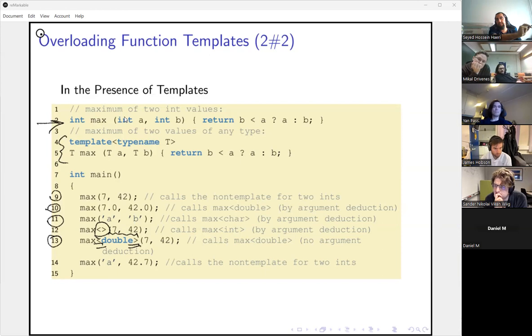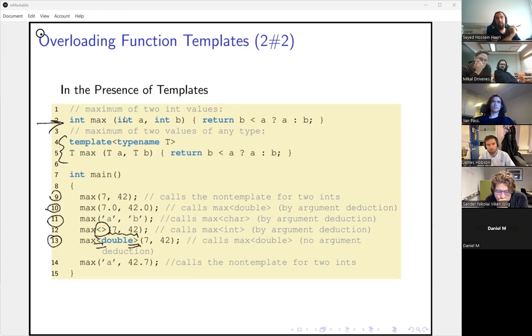There's no automatic type deduction for the type parameter T, because we are explicitly providing that T to be double, right? Now, here is where we get to what Sander needed to